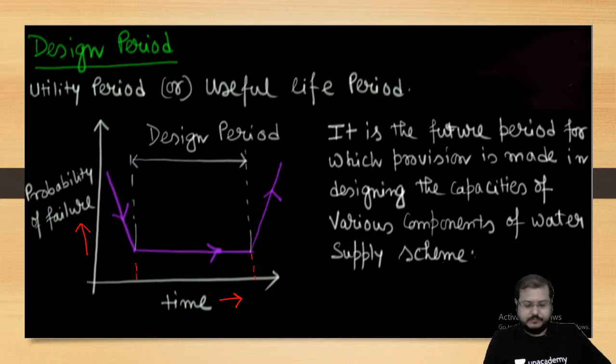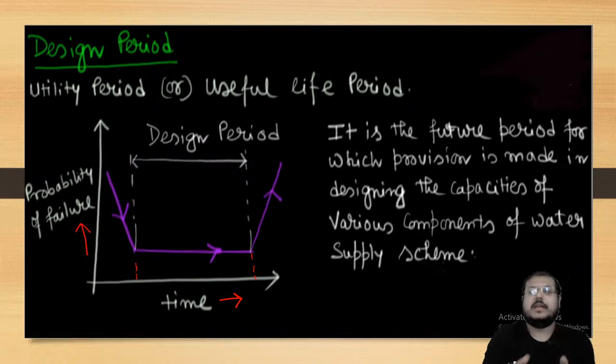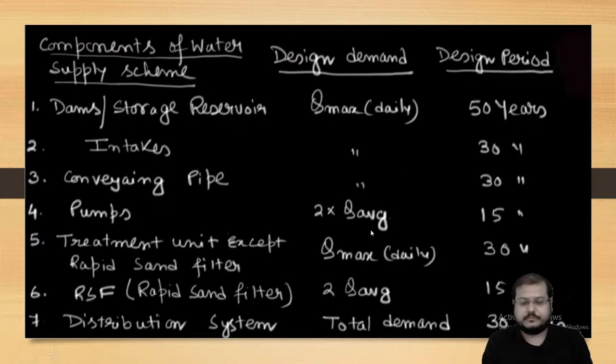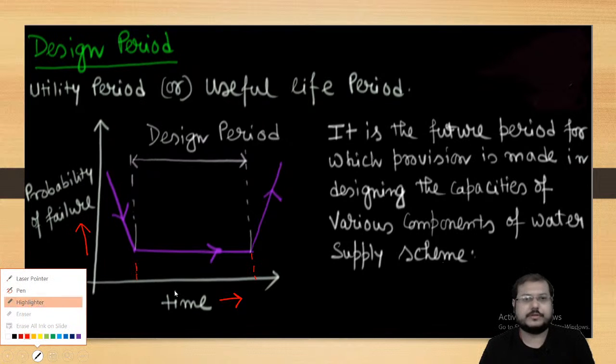ओके. नाउ when the probability of failure is constant with time, then you are going for this design period. Now when this design period is there, what is next? So ये अगर 50 साल होता है तो उससे ज्यादा भी, उससे ज्यादा और कम, मतलब सोचिए कि यहाँ पे 10 साल है और यहाँ पे आपका इधर 10 साल है. If you see, now, if it is 50 years that process,